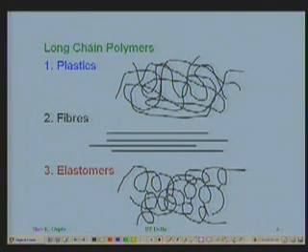Like some of them are named already. Thermoplast, which I talked about. The fibers: another long chain polymer, but here each chain is arranged parallel to the other. Though they may not be of the same length, they are arranged parallel to each other, and they are held parallel because of the hydrogen bridges between them at a few places, and they maintain their length because of these hydrogen bridges, which come at regular intervals. There is some kind of periodicity in that.